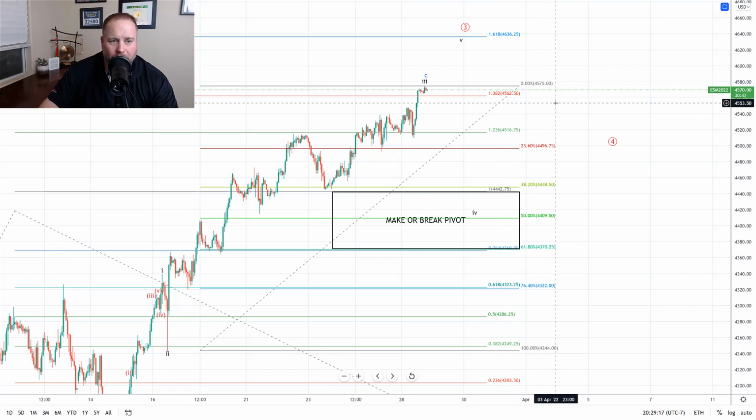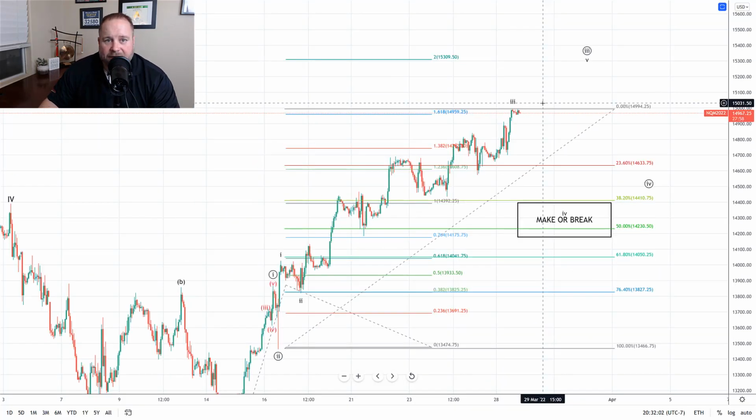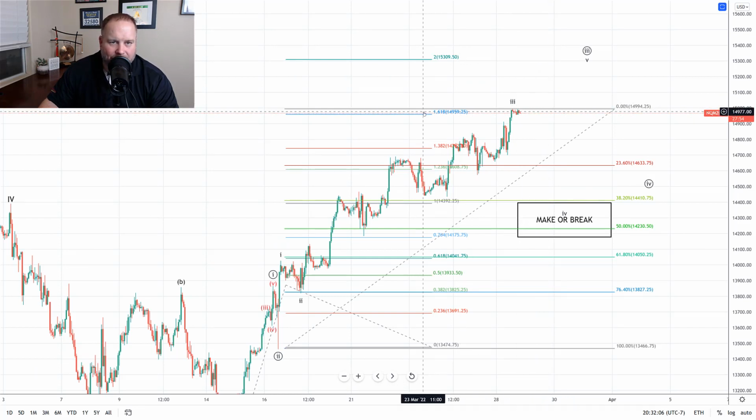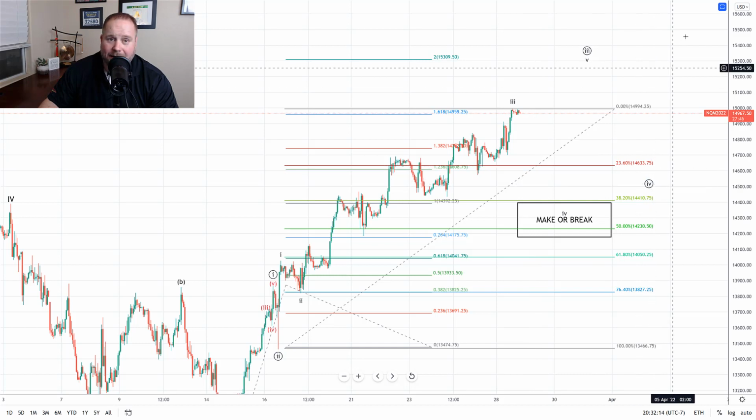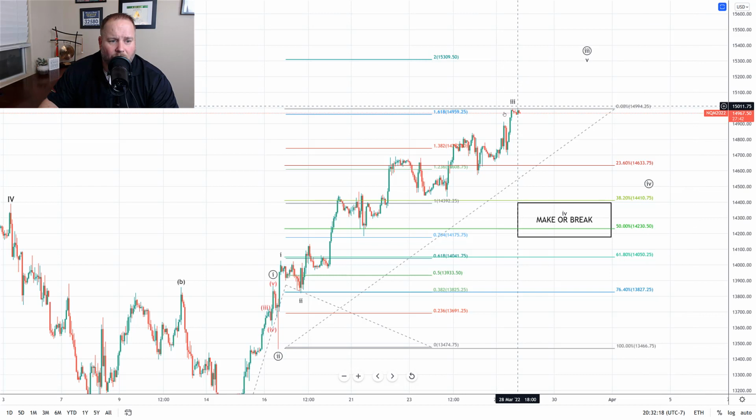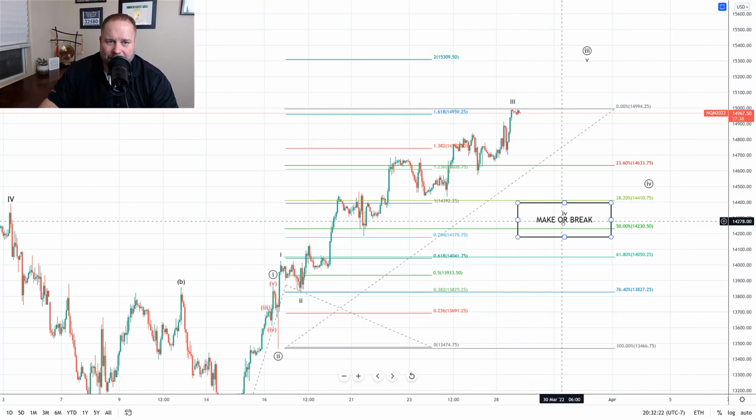Okay, guys, over on the NASDAQ. Very similar setup to the ES, except it's already up to its 1618, so it's pushed this pretty high. There's a potential that this, when it tops, could be all of wave 3, and then we'd get this bigger wave 4 down, and then that bigger wave 5 higher. But I think right now we're still going to call it 3 of 3 and see if we do come back to test this pivot on